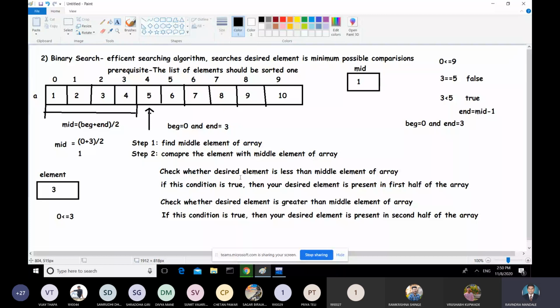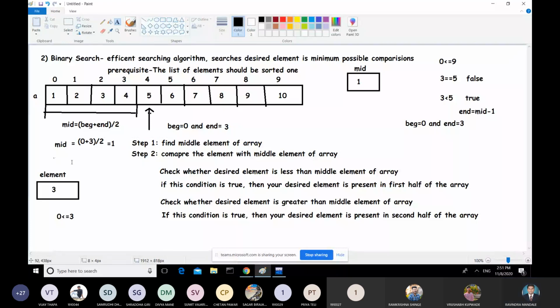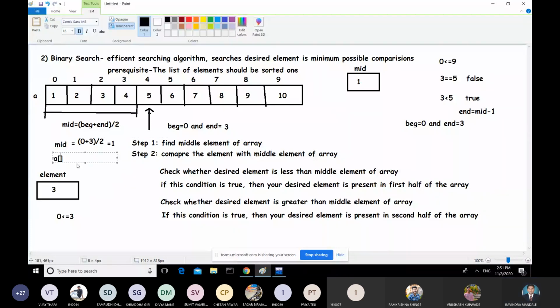That is A of mid. You got mid as 1, so A of mid is equal to A of 1.